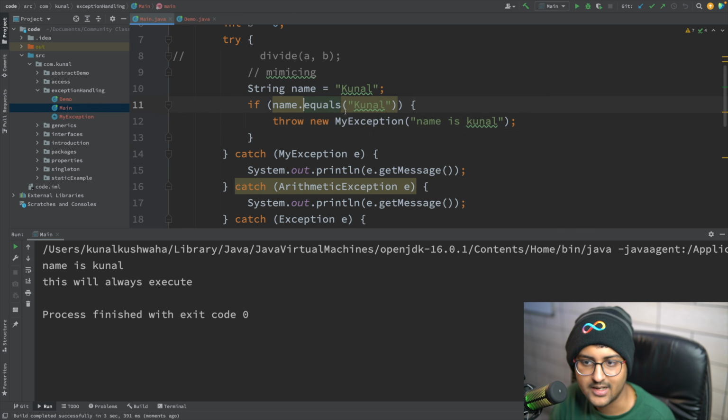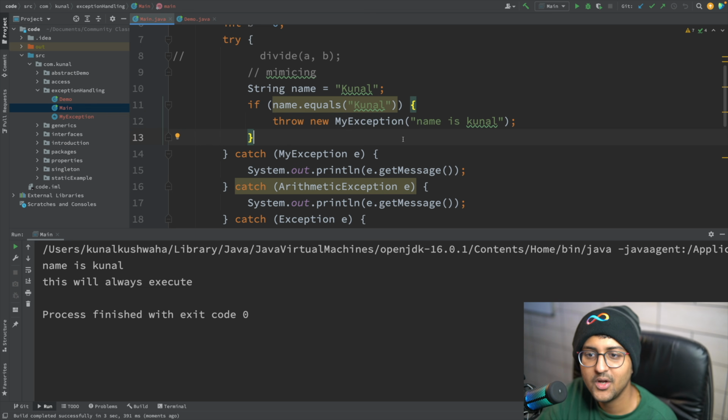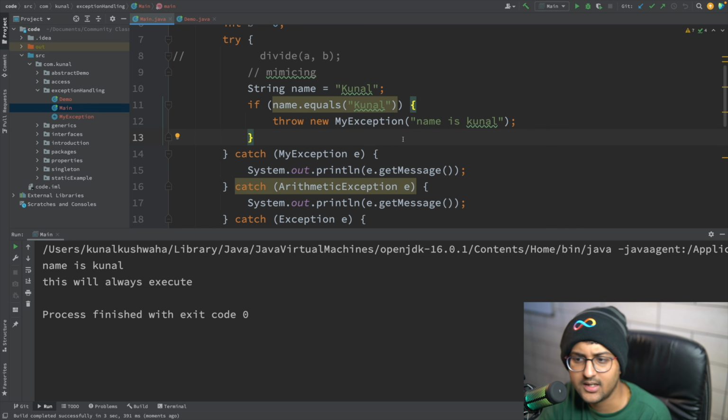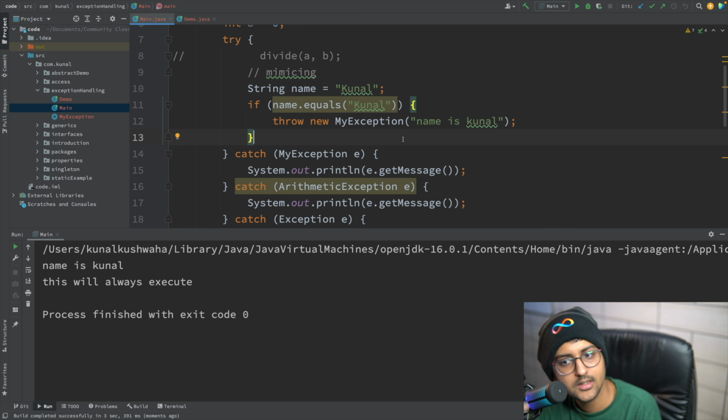We'll do more of this, like your own exceptions, when we create classes in linked lists and stacks and queues and stuff, but this was generally about it. Okay, that's it. Everything is literally it. We'll do much more hands-on practice when we actually create data structures on our own. So yeah, let's move forward.